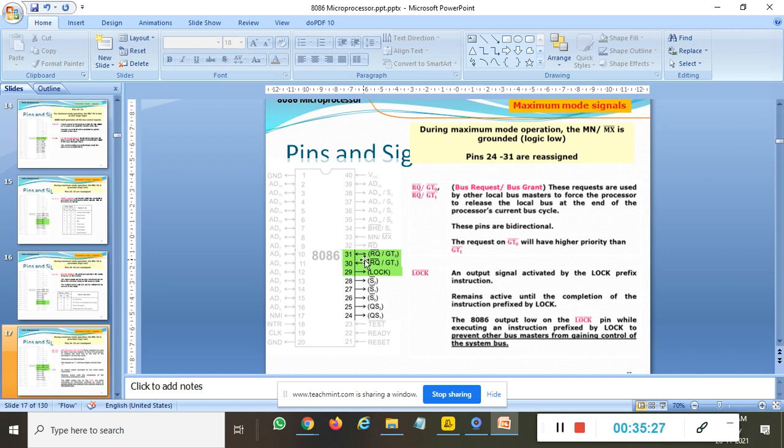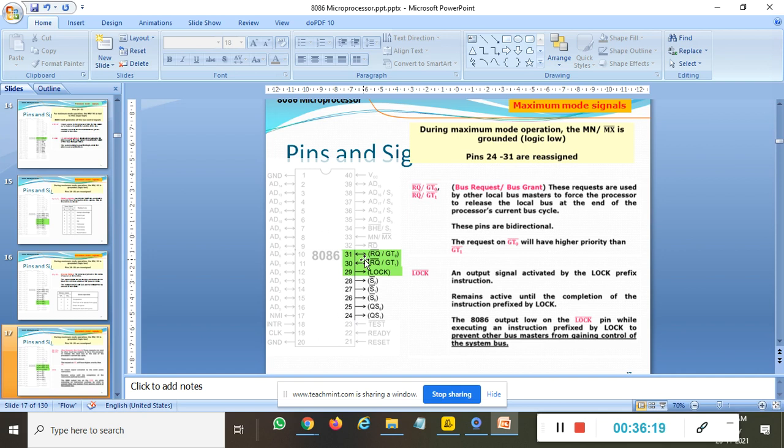Okay, and it is the request or bus grant signal of 8086, and these two signals are bidirectional signals. According to the priority basis, GT0 will be higher priority than GT1. It means if an operation happens, it will execute GT0 first, that is, it will grant the GT0 request first, and after that it will grant the GT1 request. So